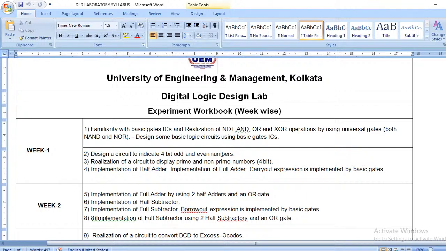Suppose in a real time example, nobody will give you a problem, right? That is, this function you just implement. In the real life things that are happening, there are some causes and some effects, right? Can you shift all these things to a digital platform? If you find, you can make the circuit out of that, but how can you make a circuit without knowing anything? So first of all, what you have